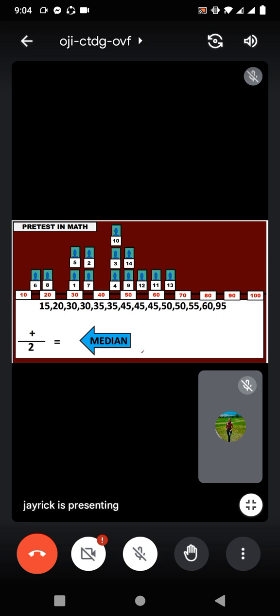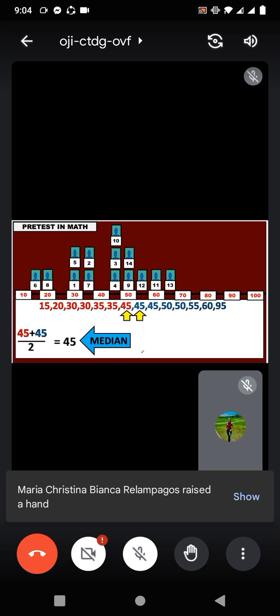Now, this time, we have a new data set. And take note, this data set has a score of 95, which is considered an outlier. So now, what do you think is the new median value? Is there a new median value, or can we still have the same median value? Same lang po, sir. According to Sir Jason, what's the median value based on this data set? Using the two fingers. Okay, 45 gihapon. Very good.